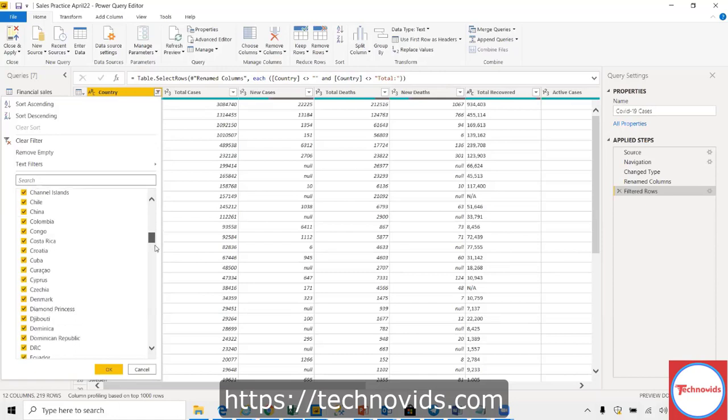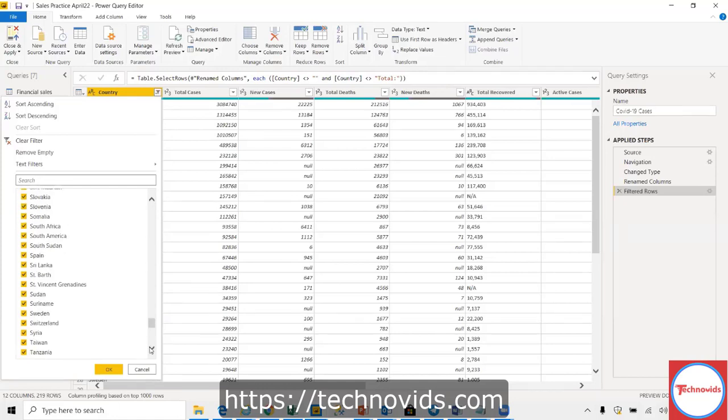So Europe should be there, no? South America. Oops, it's moving so fast. Oh, Africa or South Africa?